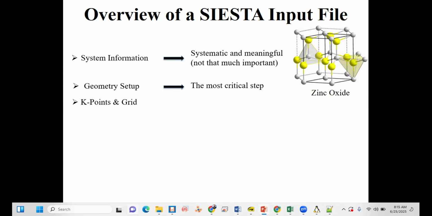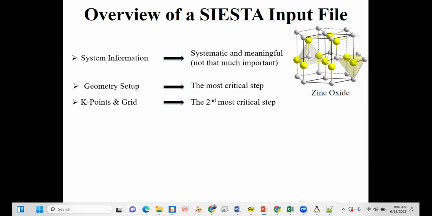The third thing is the K points and grid. Basically, this is the second most critical step. In easy language, a crystal exists in real space with the atoms and their positions, especially in a box. After the Fourier transformation of this real space into momentum space, we also sometimes call it K space.